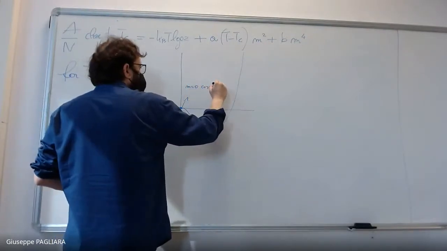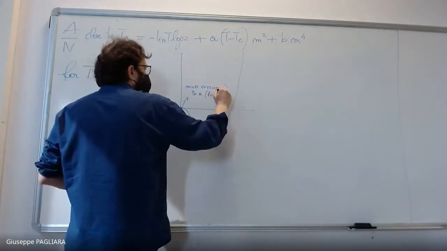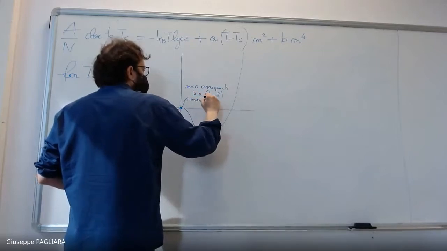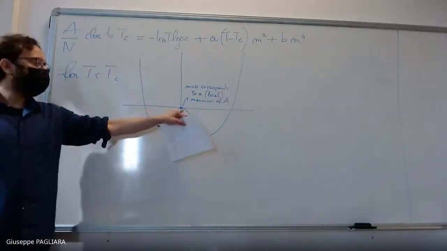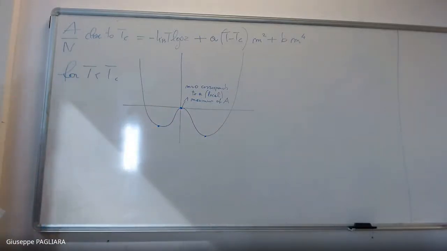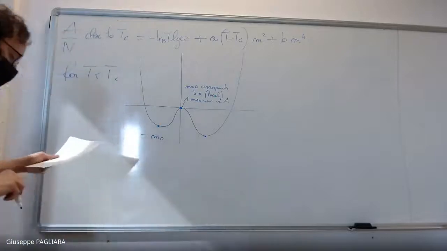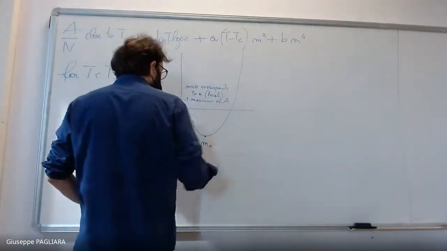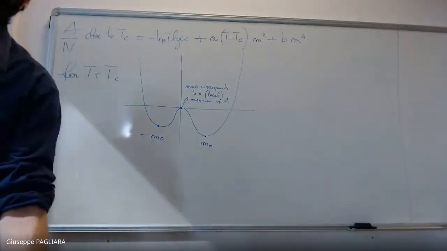But now m equal to 0 corresponds to a local maximum of A. Therefore, this configuration is not the one which is realized in equilibrium, because the second principle of thermodynamics tells me that I have to minimize this quantity. The way to minimize it is to go either here, let's call it minus m0, or here, plus m0. Therefore, one of these two solutions is the one that is realized in thermodynamical equilibrium,